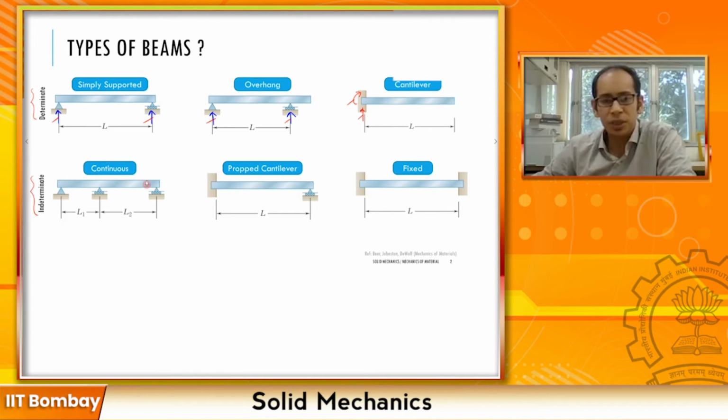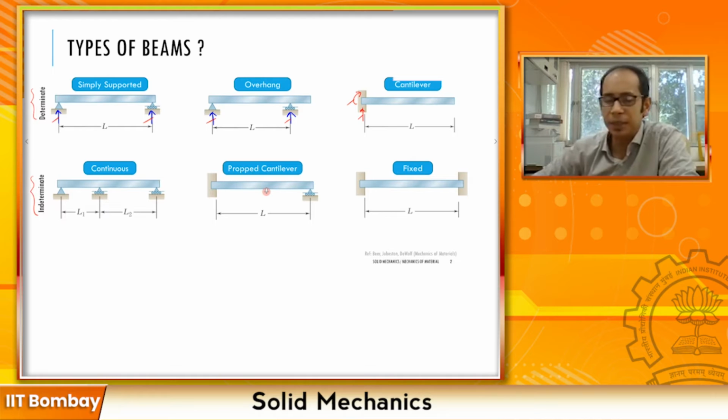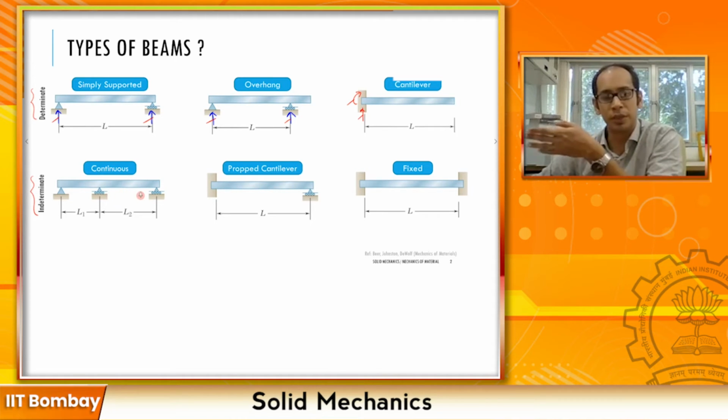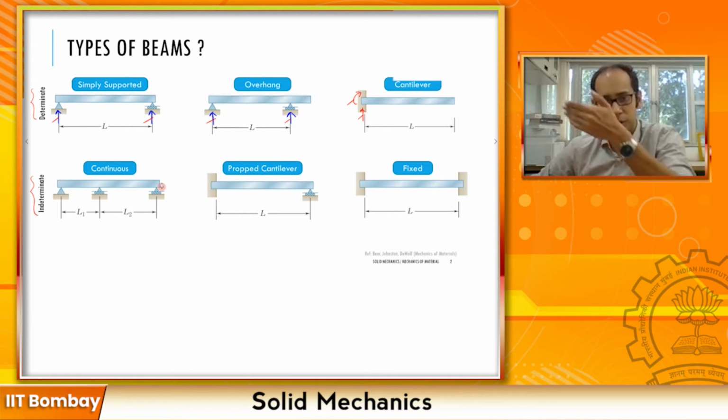Now, in contrast to the statically determinate problems, you have the indeterminate ones. The beams that you see at the bottom part of your page over here are the statically indeterminate beams. And why are they statically indeterminate? This is also probably the place where you start seeing names which you have not seen before, right? For example, the continuous beam. Why is it called continuous? Because it spans over a support. It is not a simply supported beam. It has one support at the left end, one in the middle, and it continues over that support over to the next support over here. So it's a continuous beam.